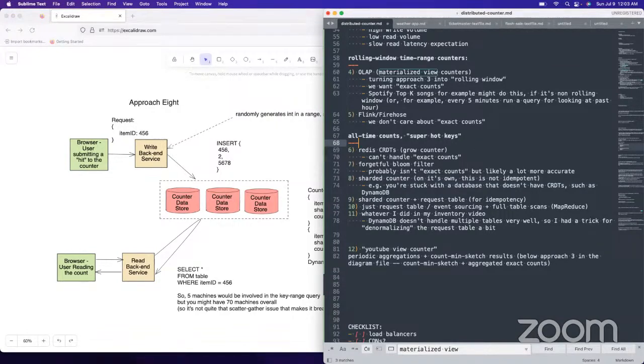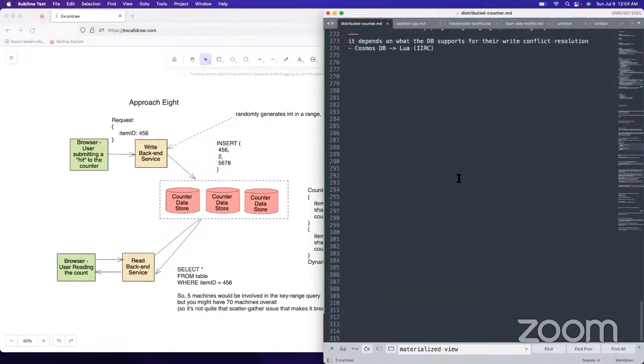Yes. Looking at the questions, how both item and shard ID will be used as partition key. Well, you're able to do that. DynamoDB allows you to use multiple attributes as a partition key.